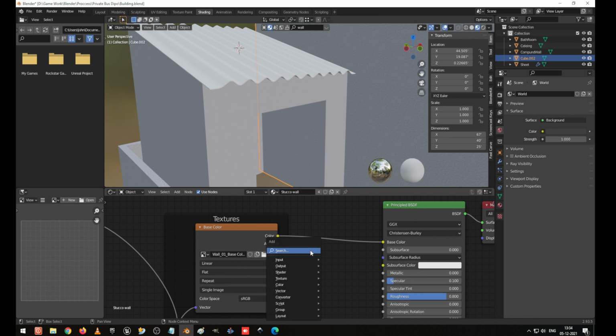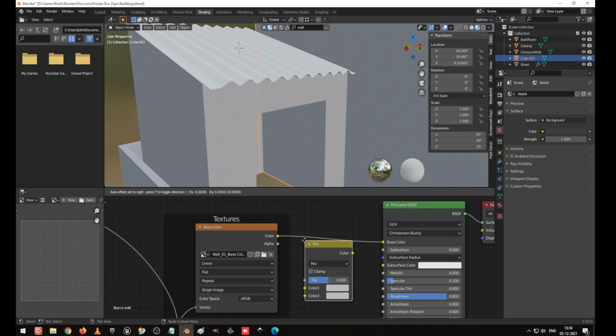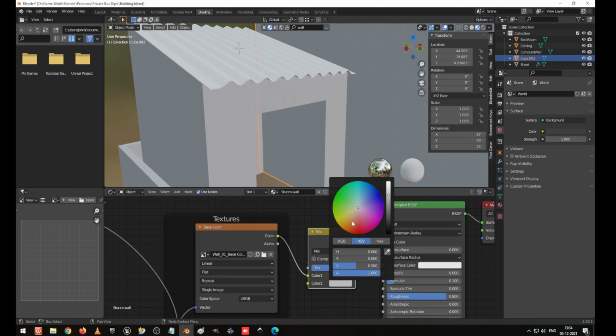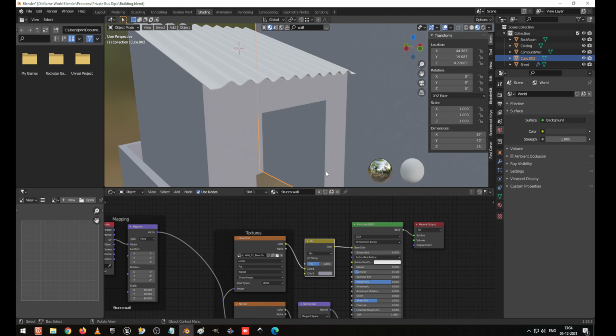Okay, sorry, mix color, sorry, Shift A and search mix RGB. So I make it this. Okay, so now I am going to give the color slightly blue and a little dark. Okay, now this is the color.